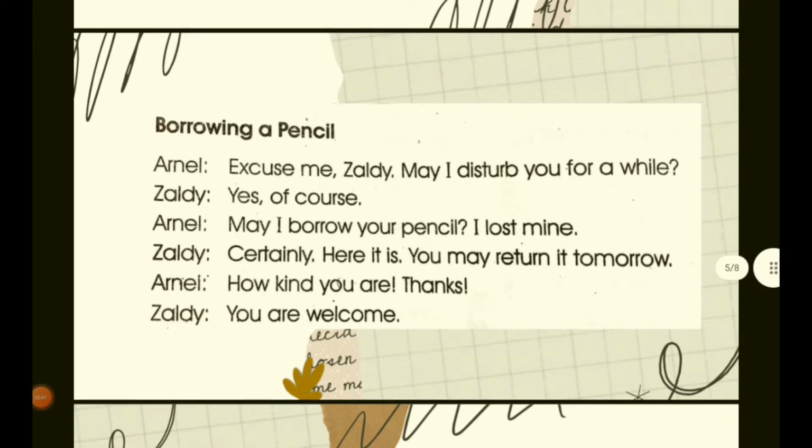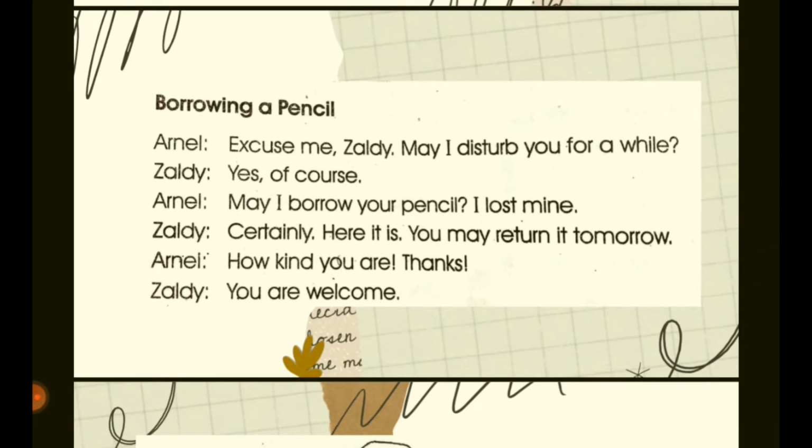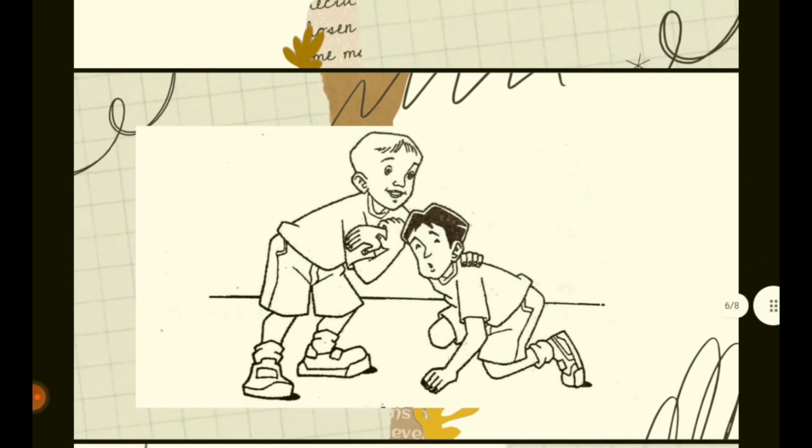So, when borrowing something, we say, May I borrow? And of course, we say it in a really respectful and courteous way. So, next is,